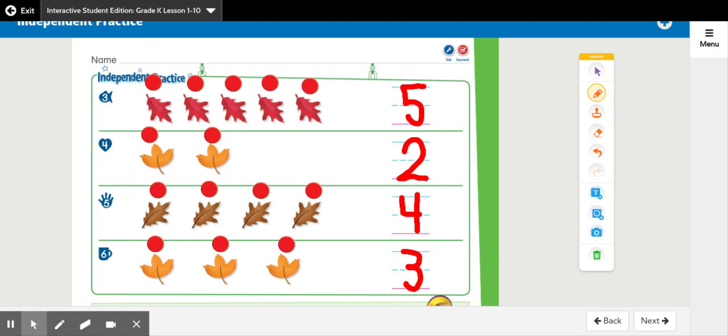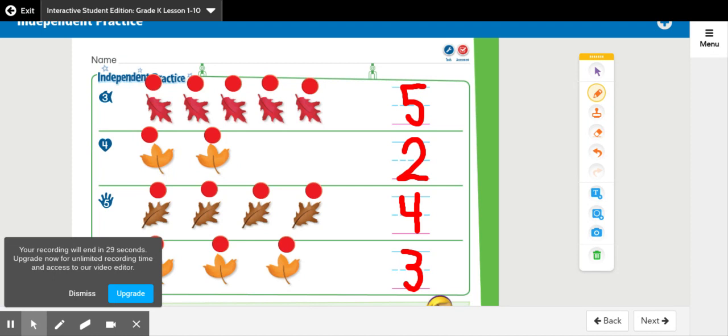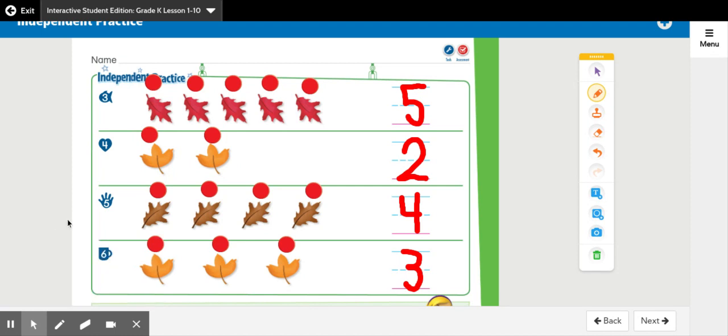So your argument to explain how you know there are 4 leaves would be there is 1 counter for each leaf. So 1 counter for 1 leaf. So I know there are 4 counters because I used 4. I know there are 4 leaves because I used 4 counters. Now for number 6, I know there are 3 leaves because I used 3 counters. And remember to write your